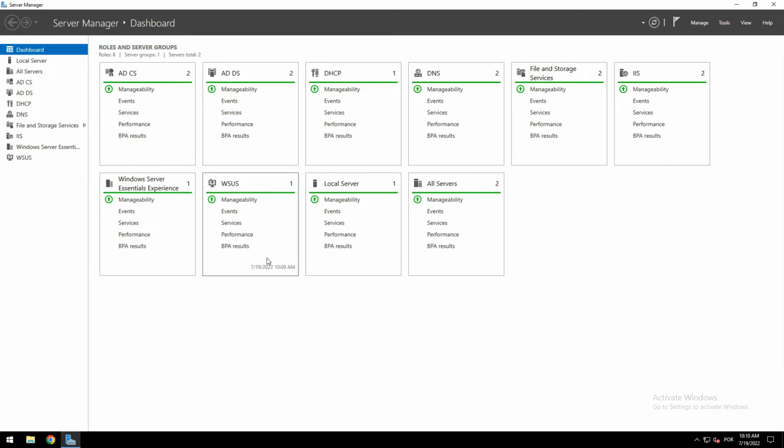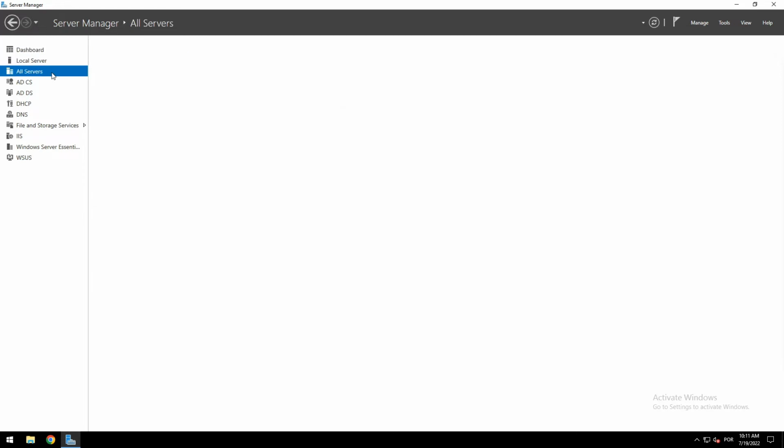Then I have also installed Windows Server Update Services. This is really useful if you want synchronized updates throughout all of your workstations. And then the normal local server stuff and All Servers. The second read-only controller and the main controller are also paired here in All Servers. So if I click on that,